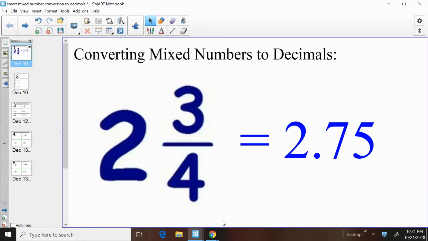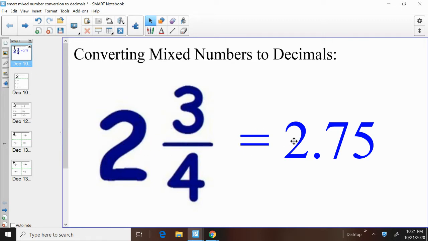Hello class, this is a video about converting mixed numbers to decimals. And what I want you to notice on this first screen is that we have a mixed number here. If you remember from previous lessons, a mixed number is a whole number with a fraction attached to it. So 2 3/4 is our mixed number, but we can see here on this screen that it says 2 3/4